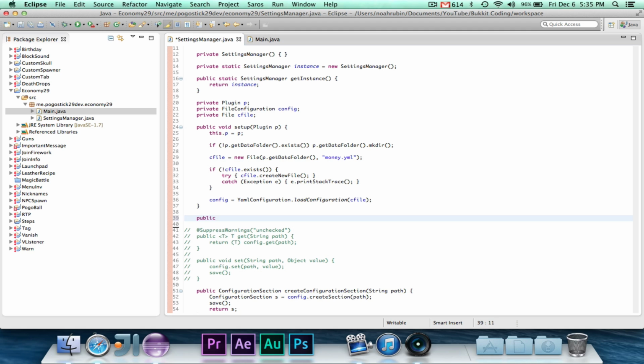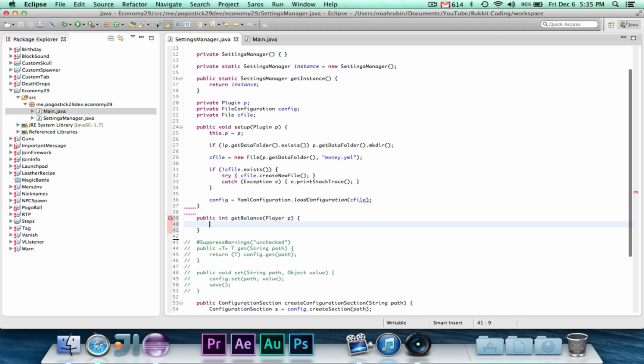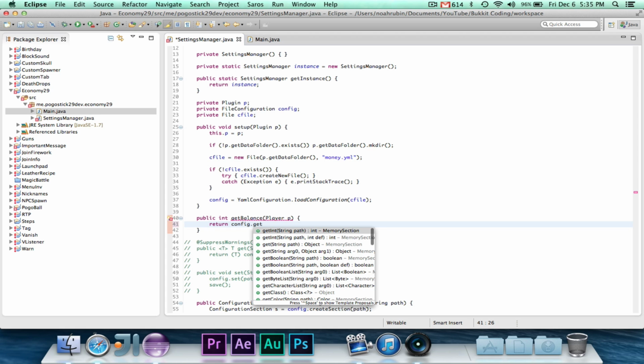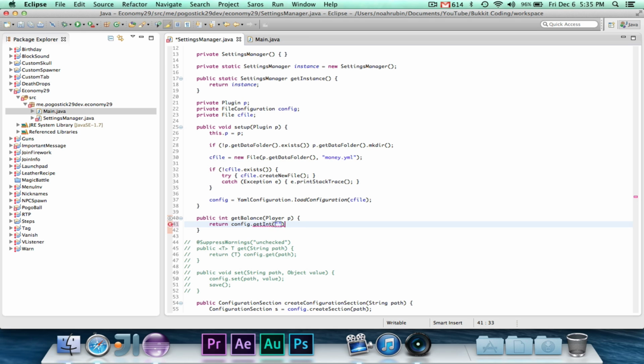So the first thing we're going to go ahead and make is a public int getBalance for Player p. When we want to get their balance, the main command, like if you run /eco or whatever the command will be, and you don't pass it any arguments, it'll just tell you your balance. So if I pass it a player, then we're going to go ahead and say return config.getInt, and the position and the value is going to be